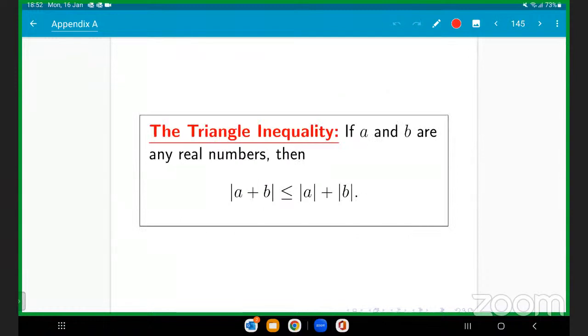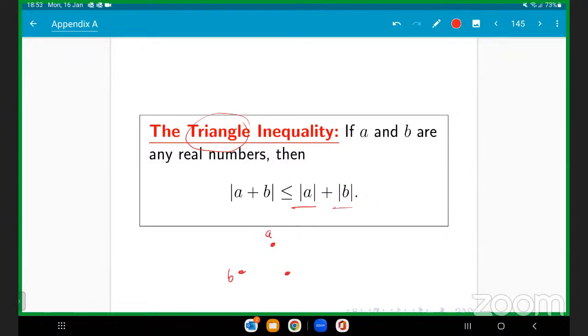There's another property associated with the absolute value, and that is called the triangle inequality. So if you take two numbers, a and b, and you add them and take the absolute value, that is always less or equal to the absolute value of the first number plus the absolute value of the second number. And why is it called the triangle inequality? Well, it follows